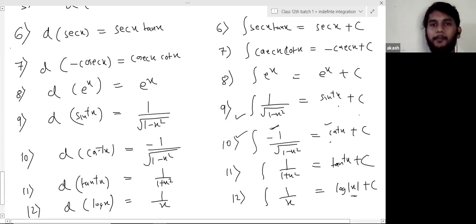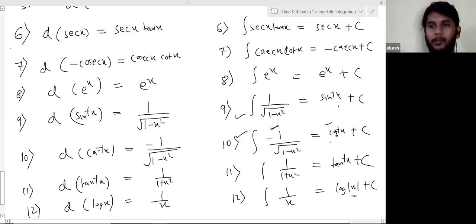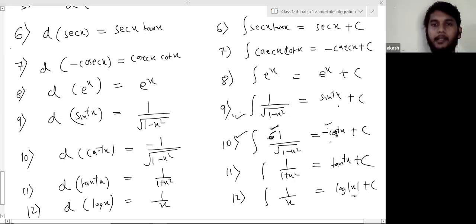Is it clear what I said? I didn't get it. Like, can we write it as minus cot x minus c? This is cos. See, if I take this negative sign to this side, there will be no issue, right, Krishna? Yes, sir. So here you can see 9th and 10th, 1 upon root 1 minus x square, the same integration becomes different answers.